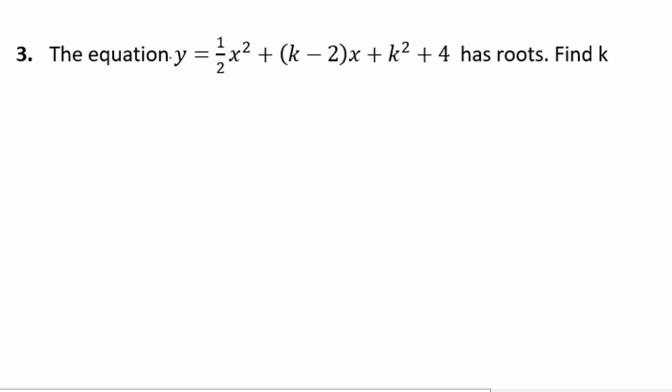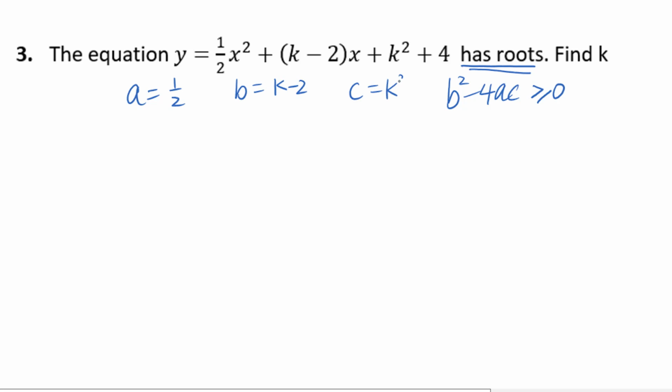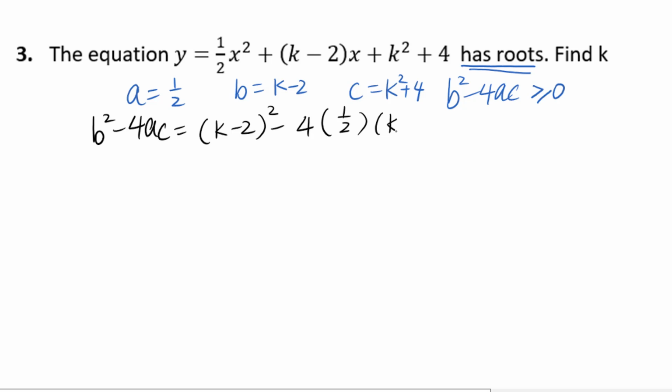Look at number 3. The equation has roots. This is a quadratic function. When you say it has roots, that means the discriminant b squared minus 4ac is greater than or equal to 0. From this equation, we know a equals 1 over 2, b equals k minus 2, c equals k squared plus 4. For b squared minus 4ac equals (k minus 2) squared minus 4 times 1 over 2 times (k squared